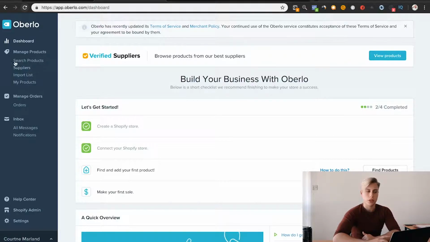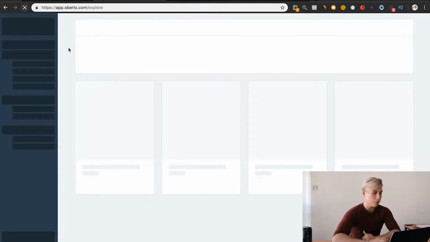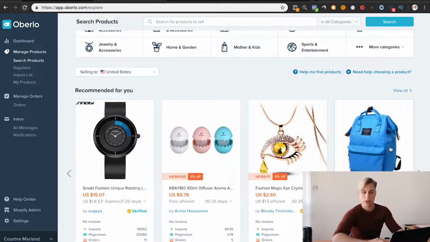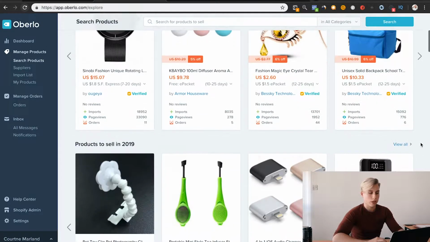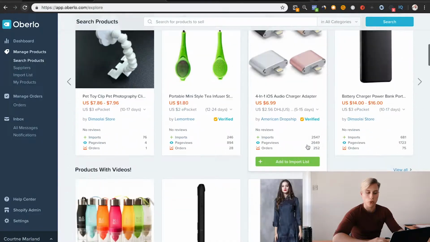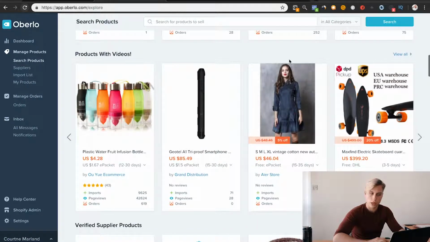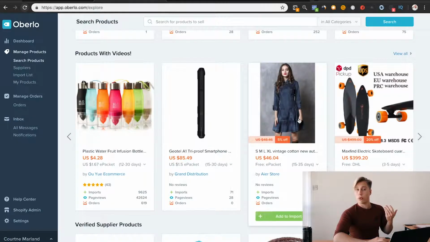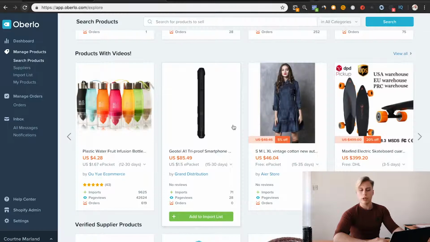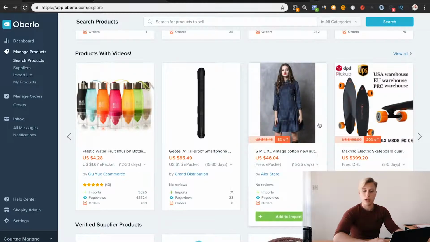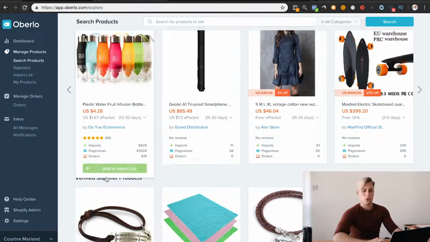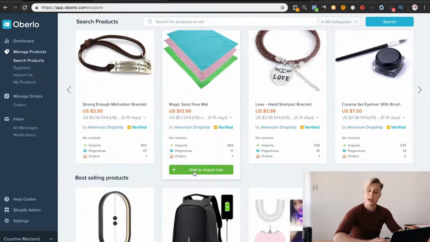Manage products is where you're going to spend the majority of your time. This is something new that Oberlo has done, is they actually now do their own fulfillment. So they have their own warehouses. As you can see, they have their own products which you can import. I would recommend just sticking with AliExpress. To be fair, I've never used Oberlo for fulfillment, so they could be really good. From what I've just seen is they don't have as big of a selection as AliExpress, and they tend to only have your top winning products, which is not entirely what you want to do, because